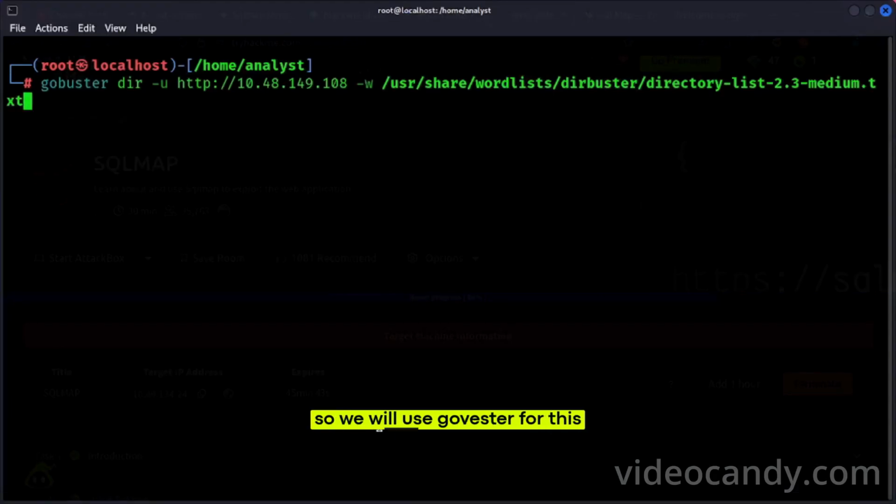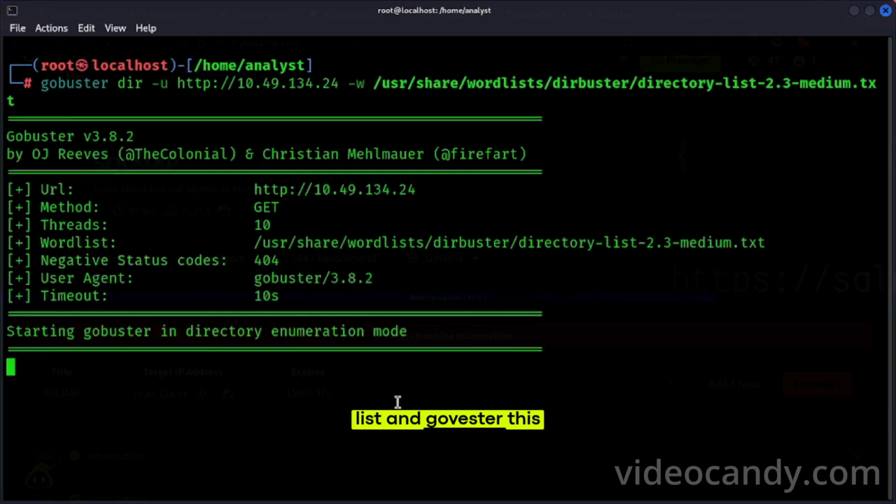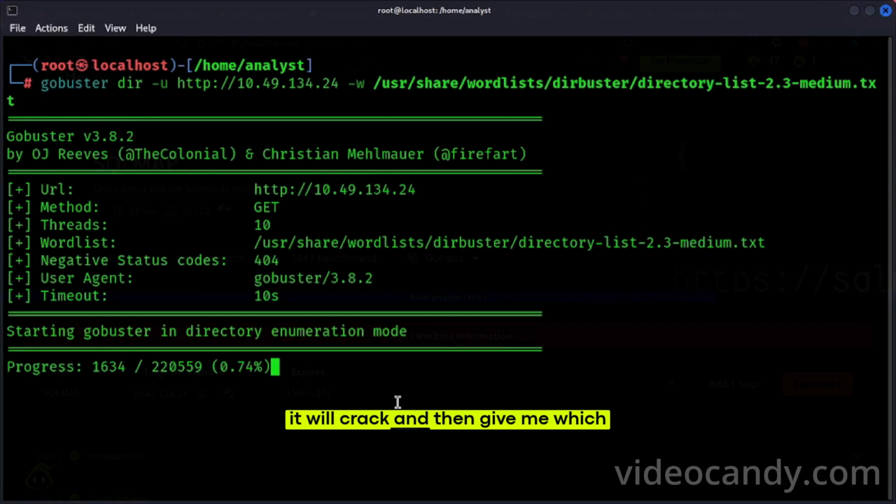So we will use GoBuster for this. I used this medium.txt wordlist with GoBuster. This is the IP, and I have run this, so it will track and give me which directories exist. It can take some time, but most of the time it is fast.